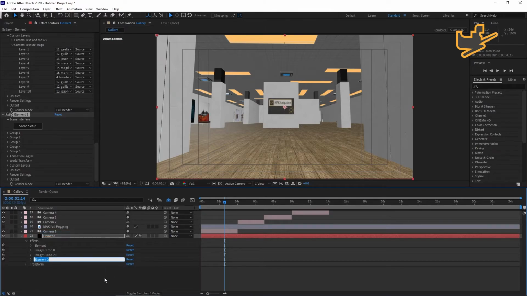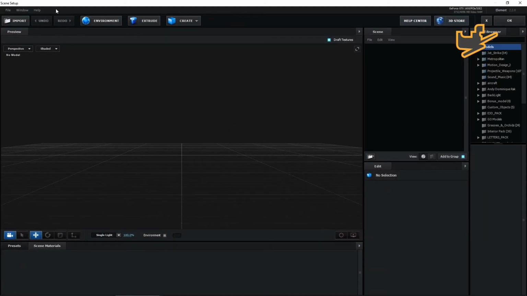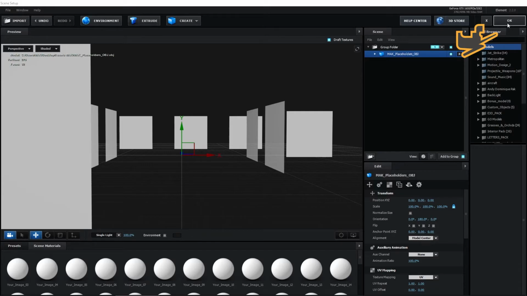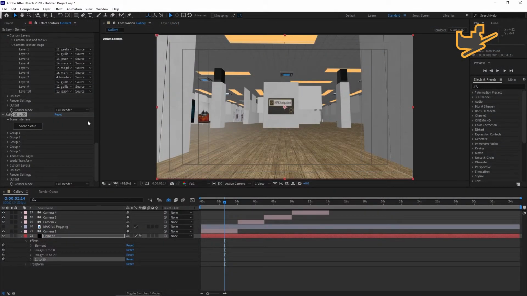Now rename it with 10 to 20 and now 21 to 30, and actually it should be 11 to 30. So 21 to 30 here. Now select this and go for scene setup and file, import 3D object and select this, open it, hit OK, and you can see here these things and